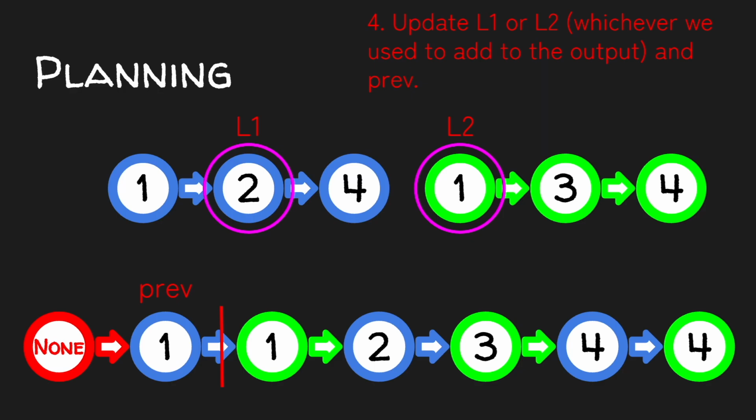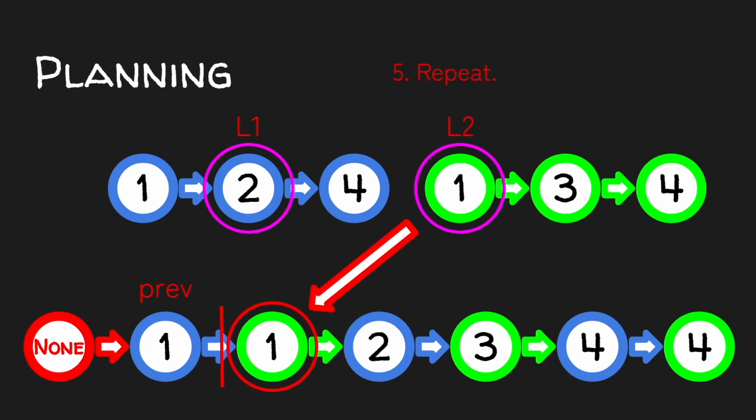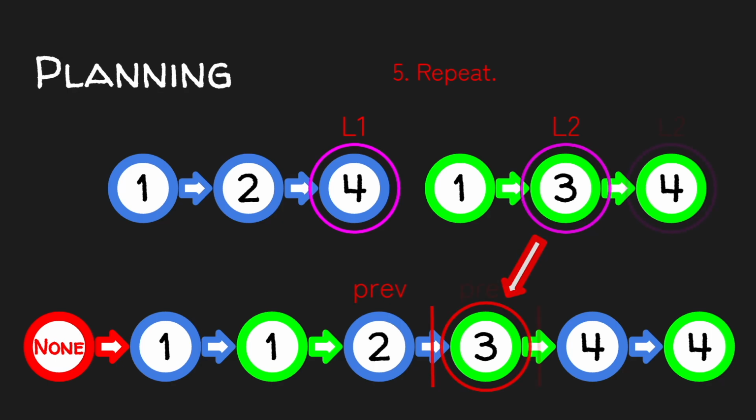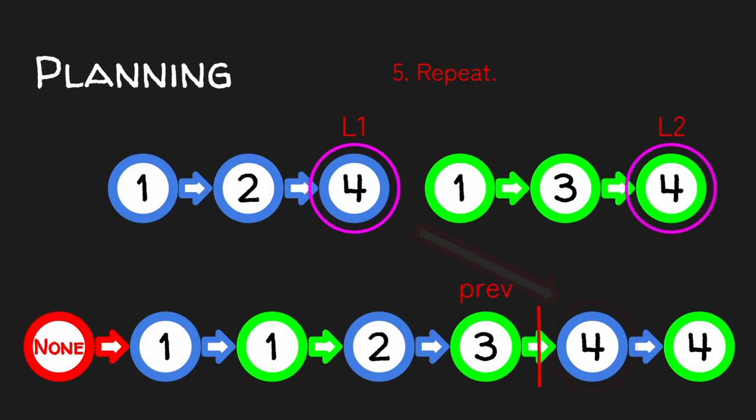So in this case, the 1 from L2 is smaller than the 2 from L1. So we add the 1 from L2 to our output list, and then update our variables accordingly. Through the same process, we add the 2, the 3, and the first 4, which comes from L1, since L1 breaks ties. Now for the second 4, we don't even need to compare L1 and L2, since L1 has no